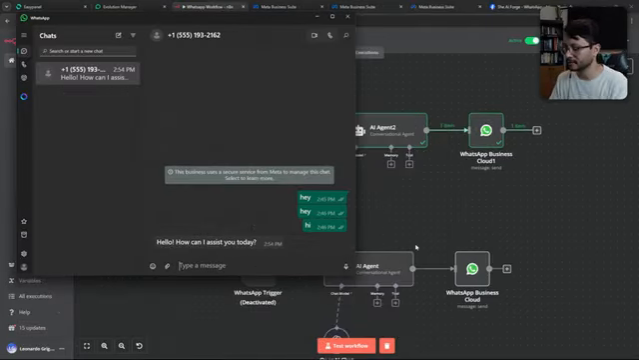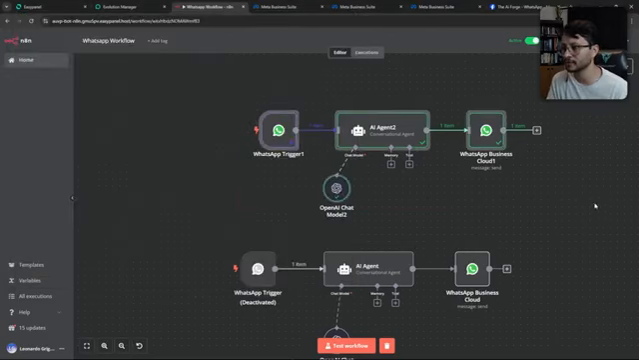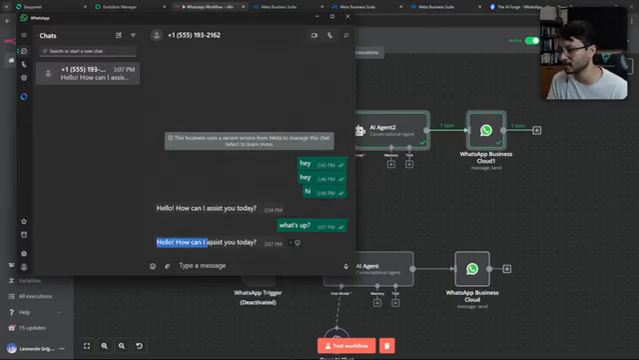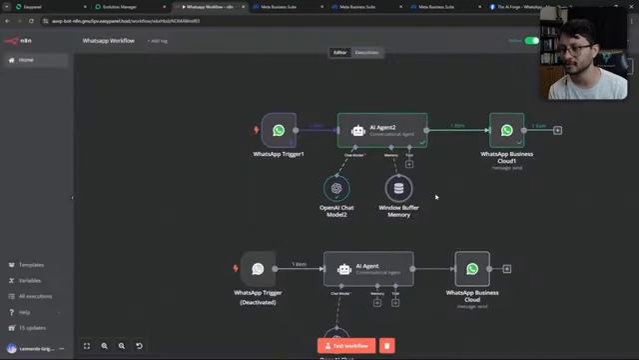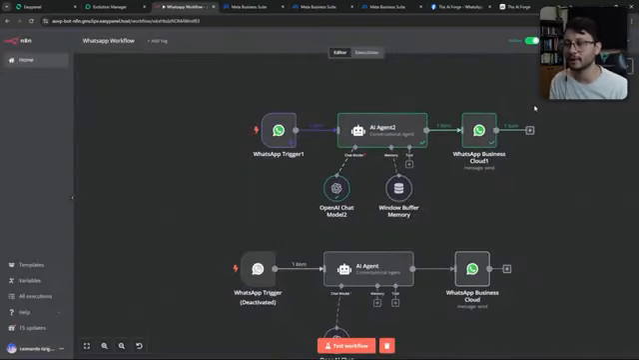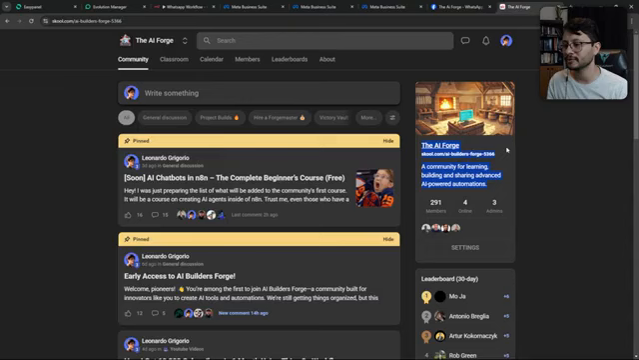So if I now just come back here and say, what's up? It will go through this workflow and answer me back with, hello, how can I assist you today? Now you understand that it doesn't really have a memory. You can attach a window buffer memory here. It's really not the best one to use. I'd rather use Redis. And again, if you need any help configuring that, please check out our community over at